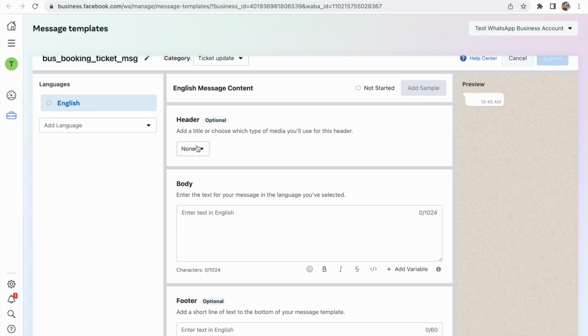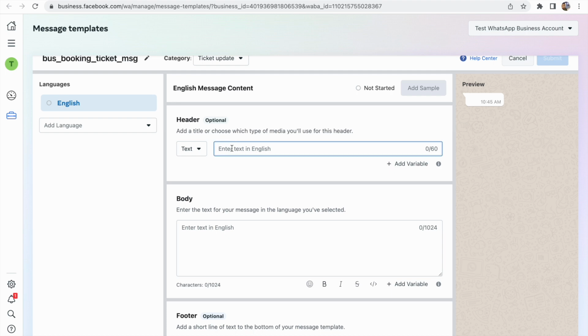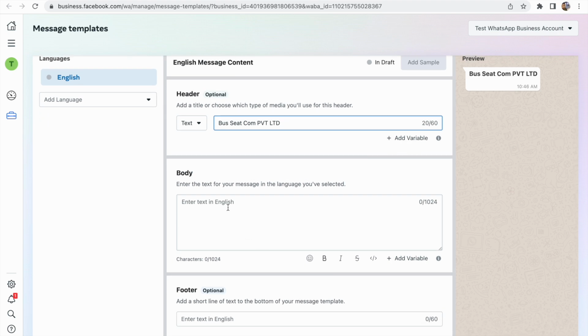For example, I just click the header, and if you want to add the header as a text message, you have to do it like this. Hello, right? So this is the header. I'm creating one template. You can see bus seat com PVT limited, right? So after that, the body. Here I just type